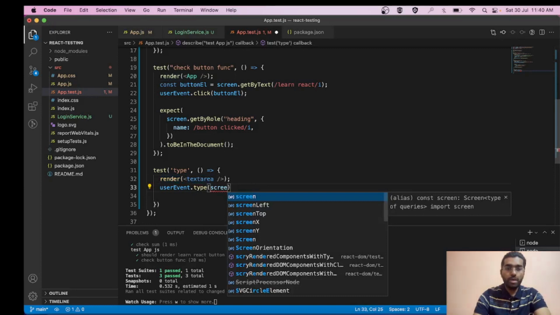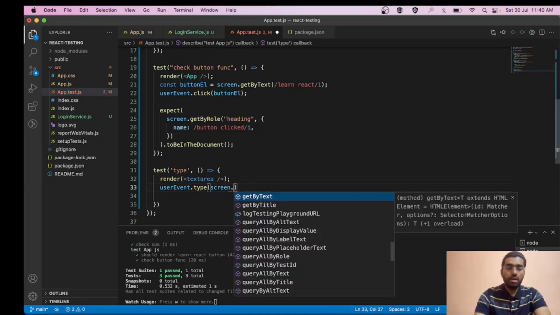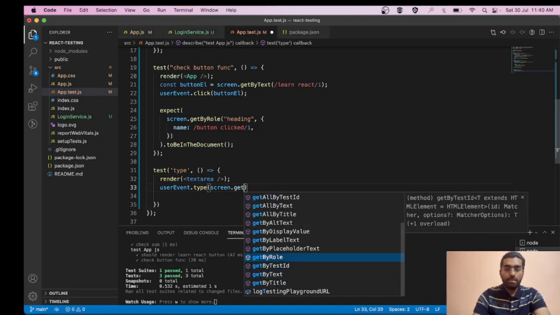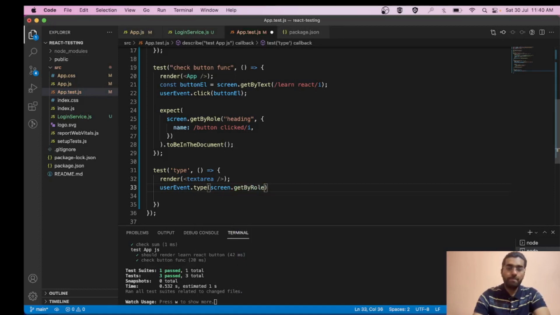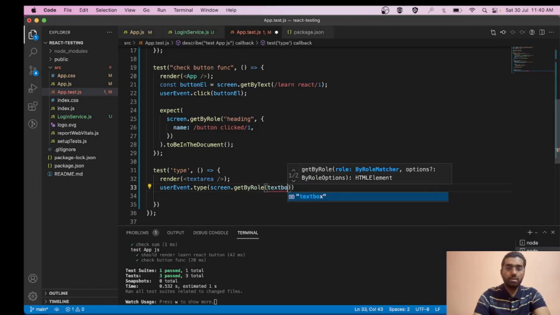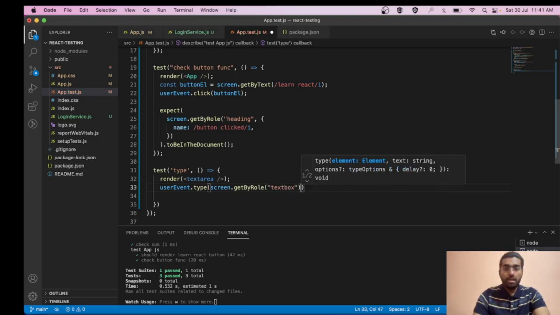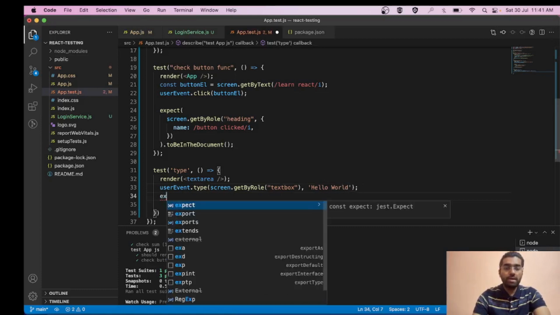Now what we can do, we can get it, screen dot get by role. Let's pass it a role of text box. And now let's type in something. Let's type hello world. Okay, cool. And now what we can do is expect.